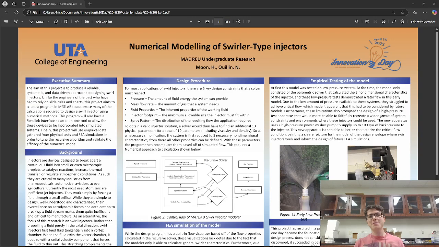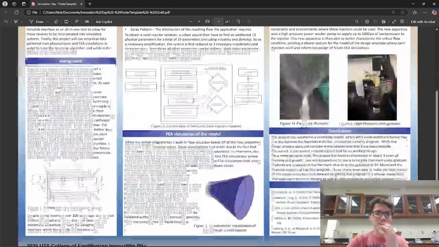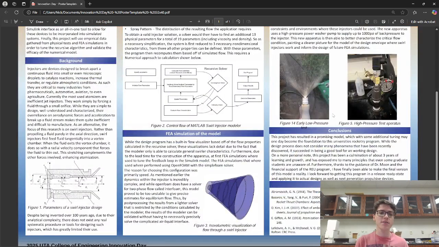Hello, everybody. My name is Nick, and today I'm happy to present my research regarding the numerical analysis of swirl injectors. In short, the goal of my research is to develop a new numerical method of computing swirl injectors because